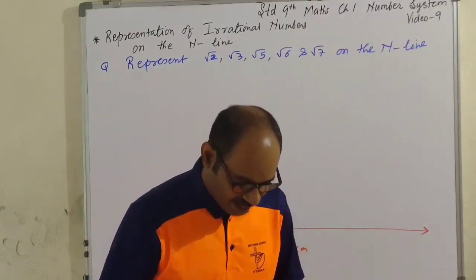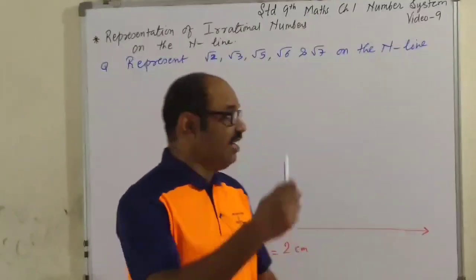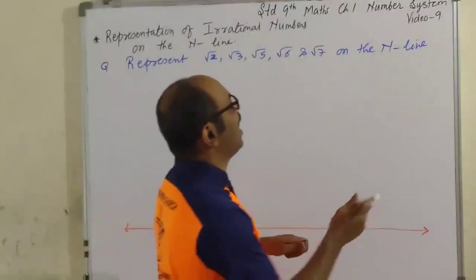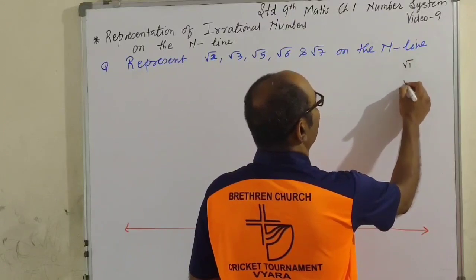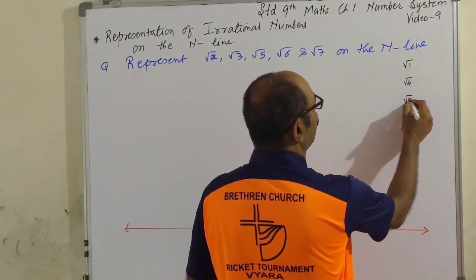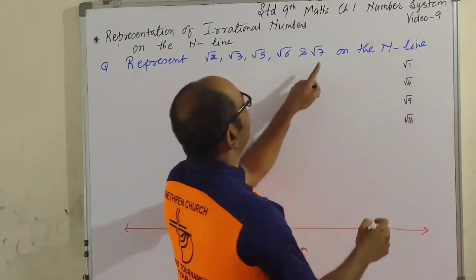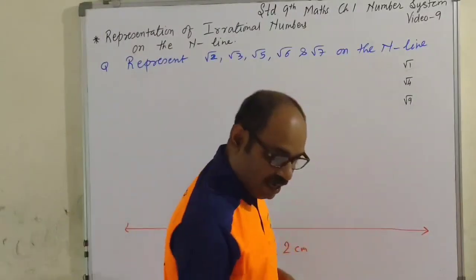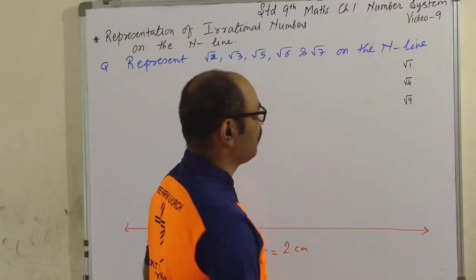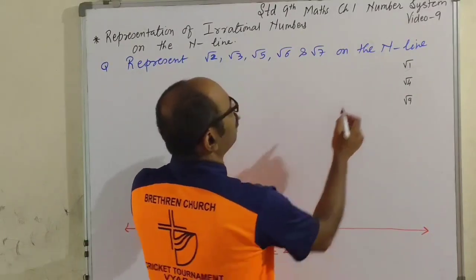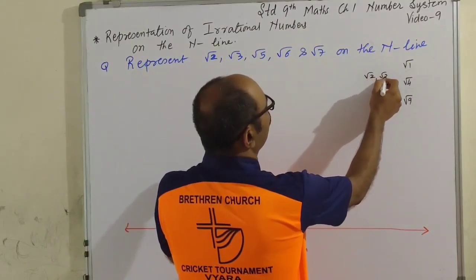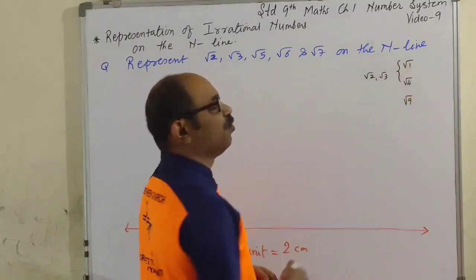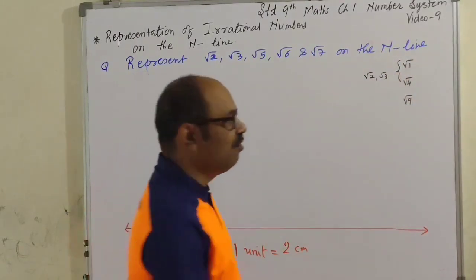Alright, now it's very interesting. Once again you will have to check. Root 1, the next number is root 4, root 9, root 16. Yeah, 9 is bigger than 7, so taking 9 after that is also no problem. Now root 2 and root 3. Root 2 and root 3 fall between root 1 and root 4.